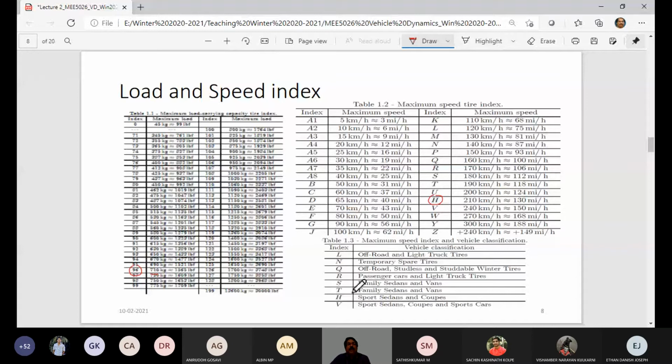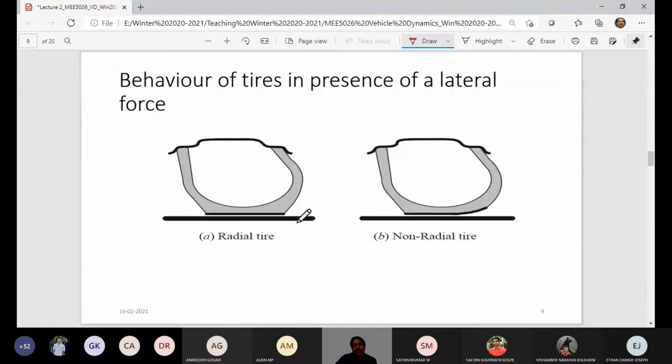Look at the tire behavior in presence of lateral force. So of course, what would happen? That's an advantage of radial tire. Why do we prefer radial tire? If the lateral force, side force is acting on your vehicle, and that is experienced by the wheel center, the wheel will be pushed in lateral direction, but you see the contact is flat. That's possible in case of a radial tire. That's why it is good in handling, and that's because of the belts present along with your plies.